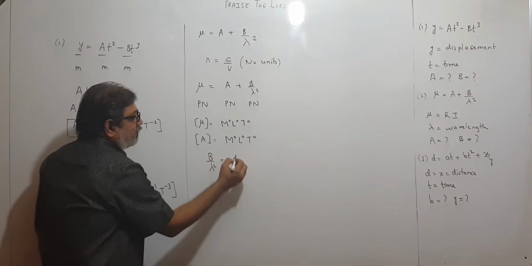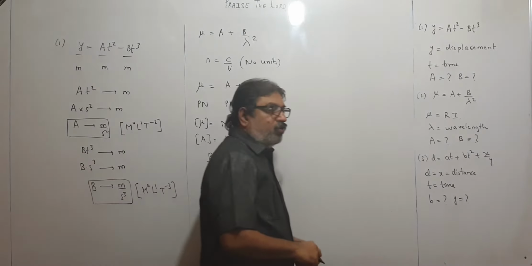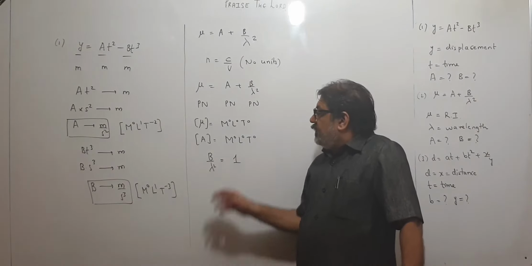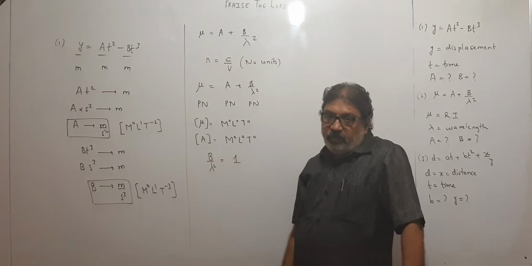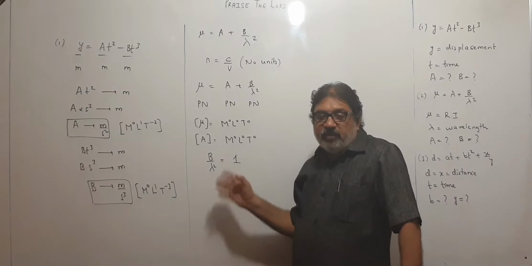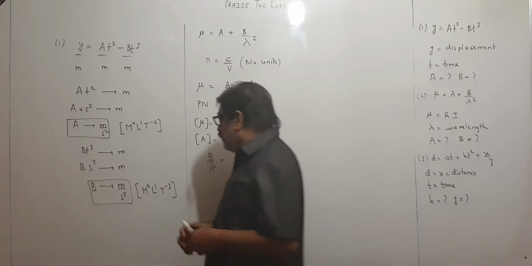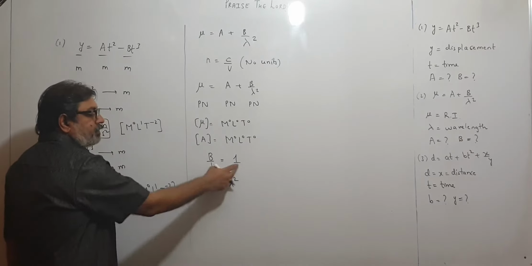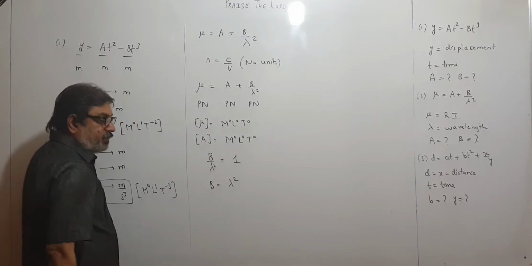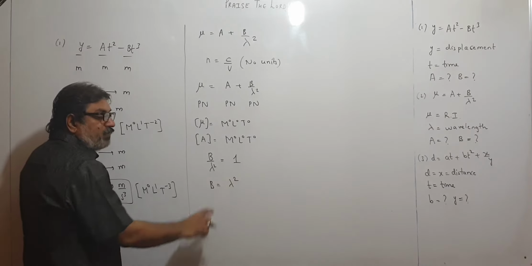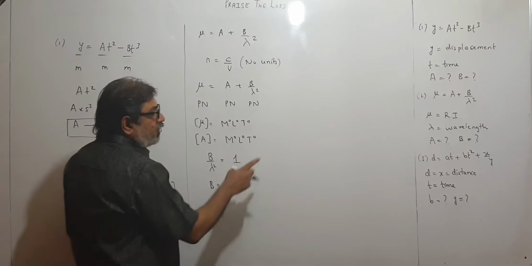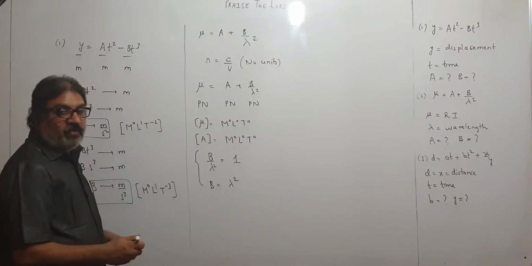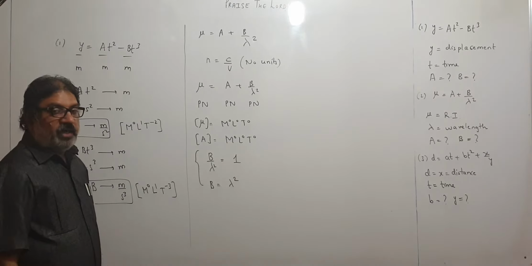So what you do, you write it as 1, children, to understand what should be the unit of B. Whenever it is a pure number, you put it as 1. So B upon lambda square is 1, a pure number. You can put it as 2, 3, 4, 5, anything, but it will still remain a pure number only. So B upon lambda square, this will become B equal to lambda square. Lambda square comes over here. That means unit of B will be unit of lambda square. Lambda is what? Wavelength. See children, this we are doing only for understanding purpose. In JEE exam, method is not important.